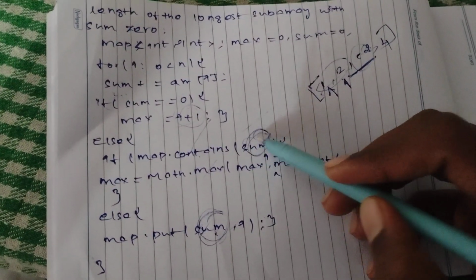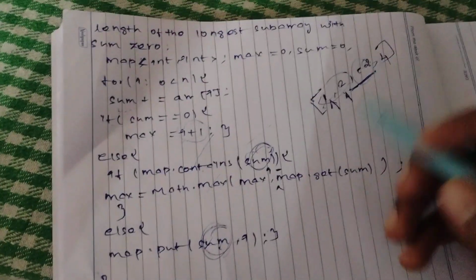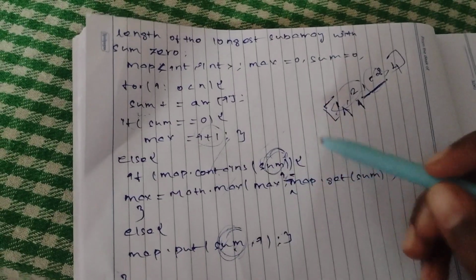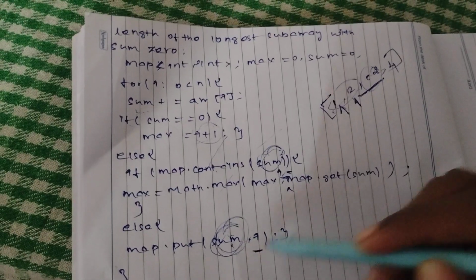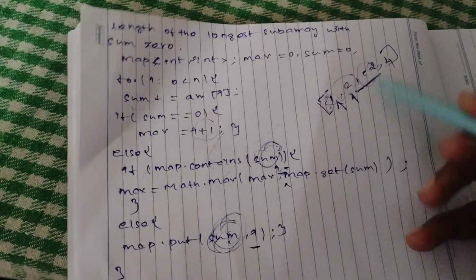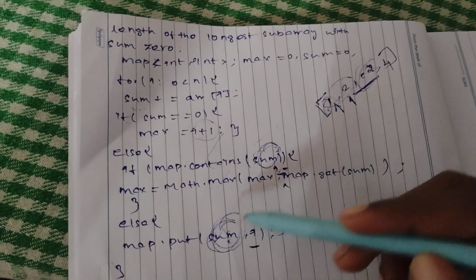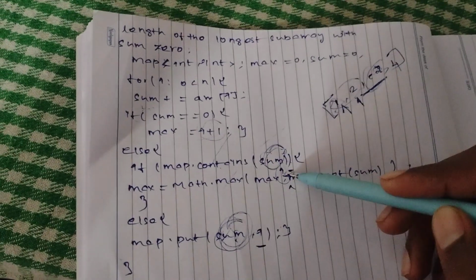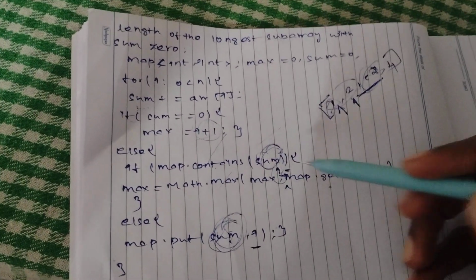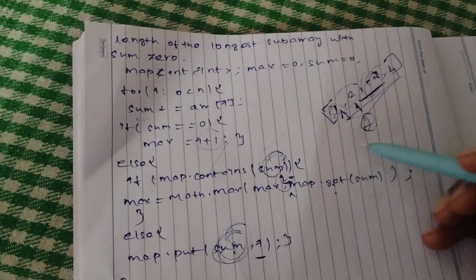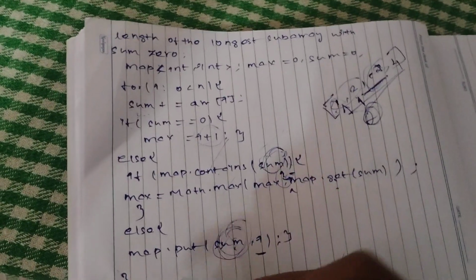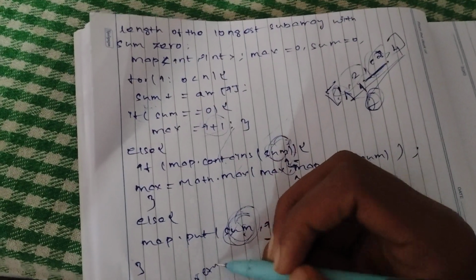So if it is already present in the map, we can get the window size by i, the current index, minus the index where the 1 is present. So this is 2 and this is 0, so 2 minus 0 is 2, so the length of the longest subarray is 2. This is how this problem will work, and we can return the